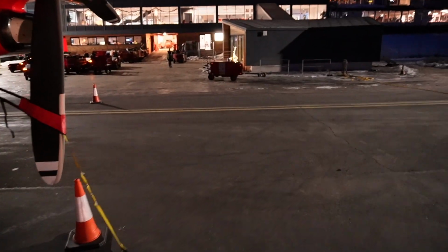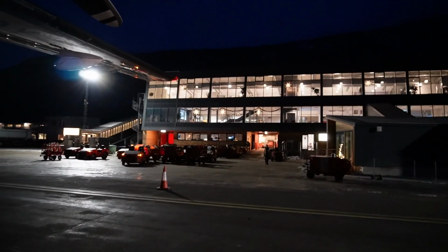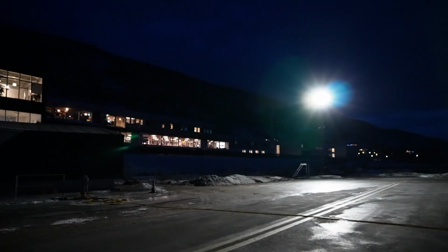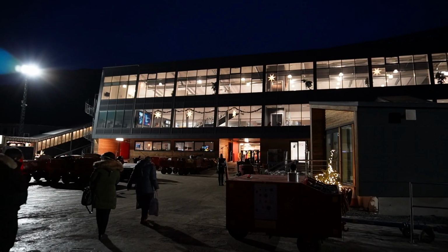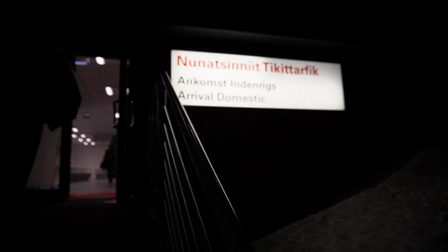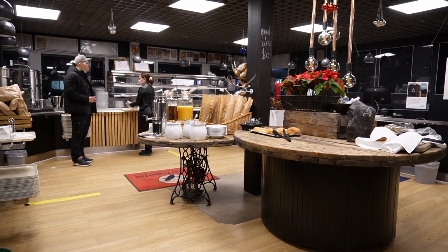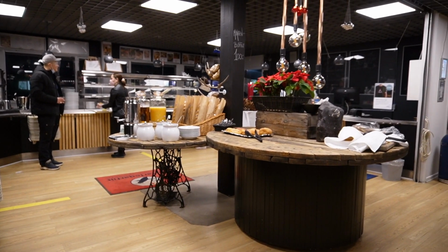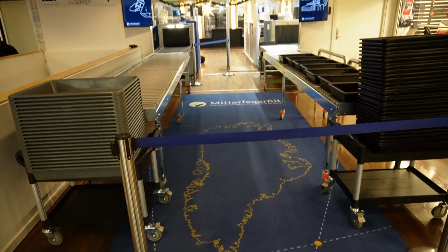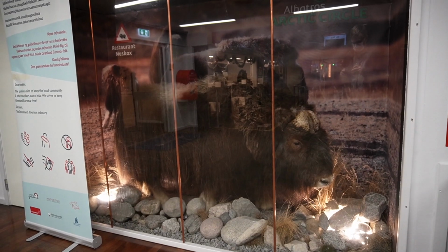Stepping out of the airplane, once you arrived in Kangerlussuaq, you are greeted with a lovely sight of the amazing town of Kangerlussuaq. Irony can occur. No, I mean, Kangerlussuaq is a small former American military base which has now been made into the international airport going into Greenland. It has the necessary necessities, some food, and a security check-in. Some muskox,